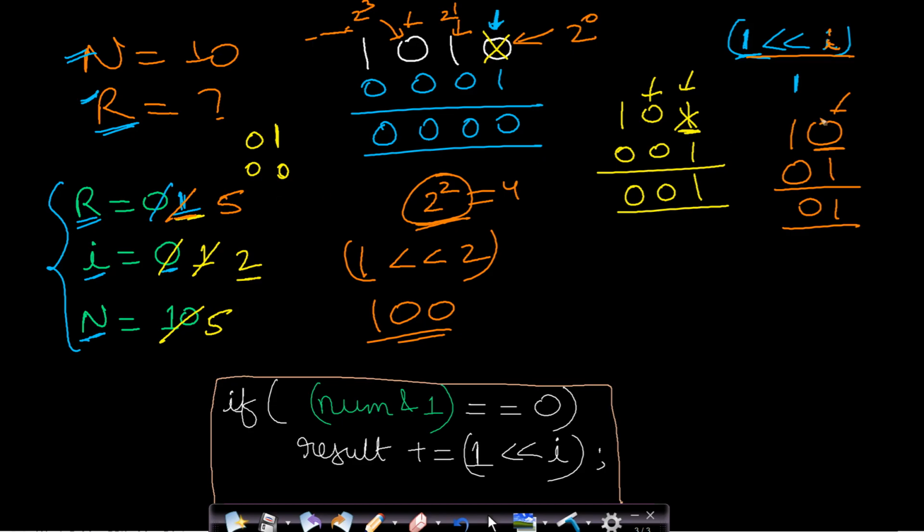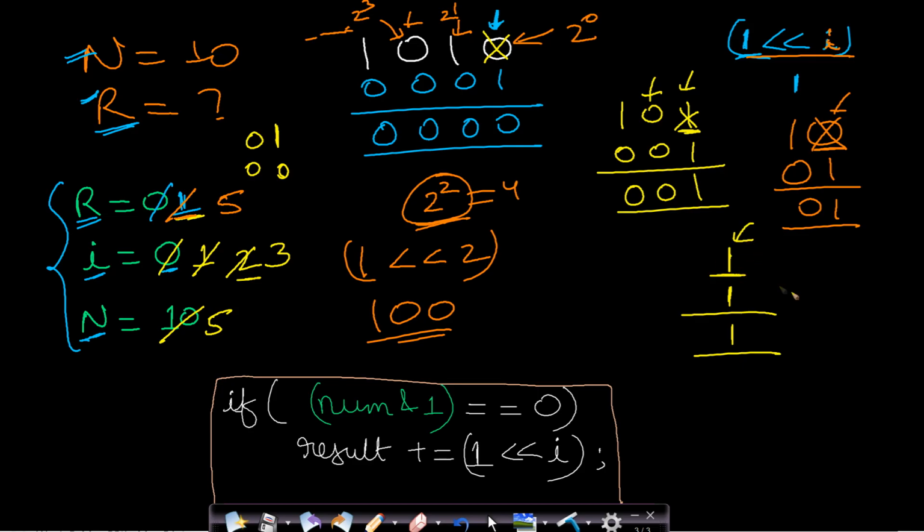Now you will have to right shift this value, so this one will be gone and you will be left with only a single bit. And since you are doing a right shift, you will also update the I value. This will now be 3. So after right shifting, you are left with just one bit, and then you will do bit masking with 1. So 1 will be 1. If you do bit masking, then this will be a non-zero value, and since this is a non-zero value, you know that the current bit is set.